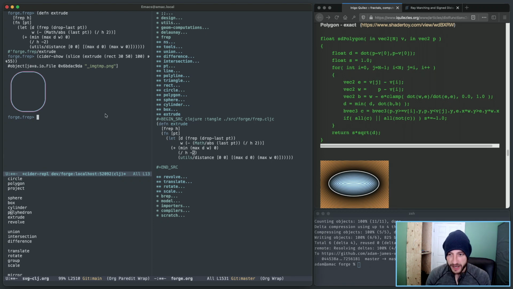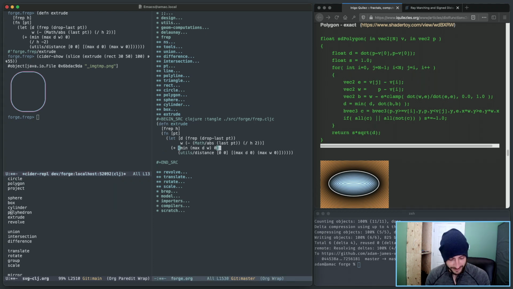What I need to do is modify the math more directly. It can happen right here. If I take the point that I give it and modify, if I add to the z value, actually I don't even need to do it here, right? Point is point. Here, if I take last of point and add,